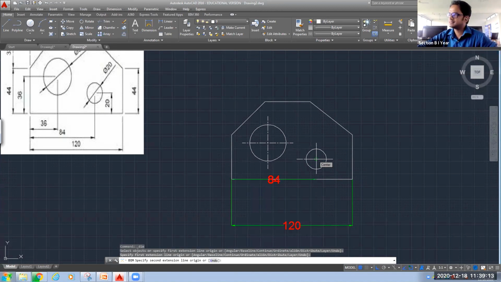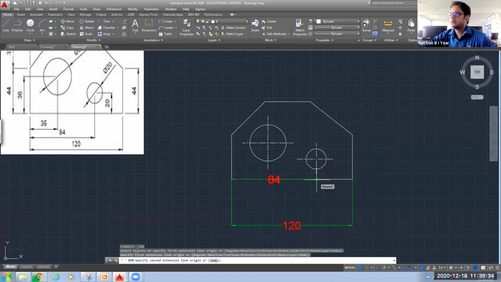I will bring this to the center of this circle, okay, and without clicking there, I am dragging my mouse cursor to downside. Up to where? Up to your bottom horizontal line. Okay. Now you can see the 84, the same value we are getting here.